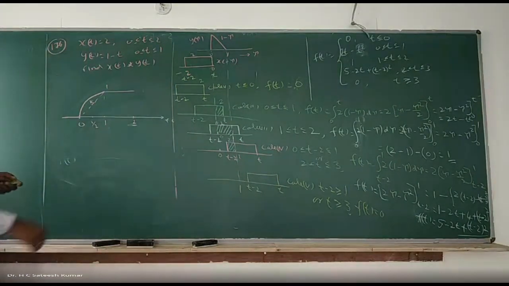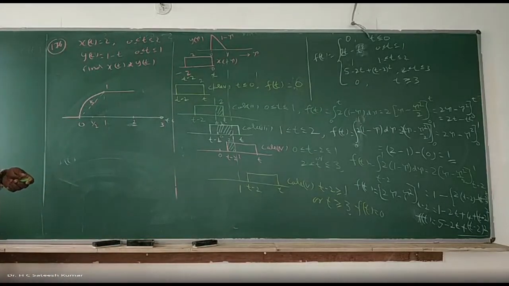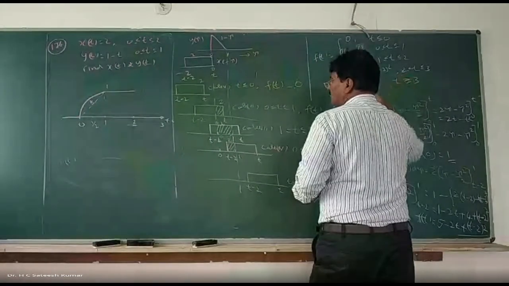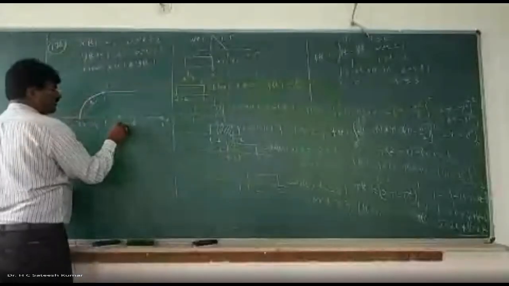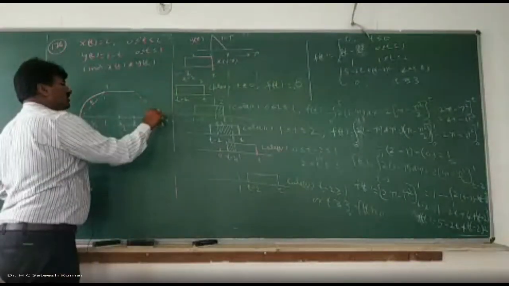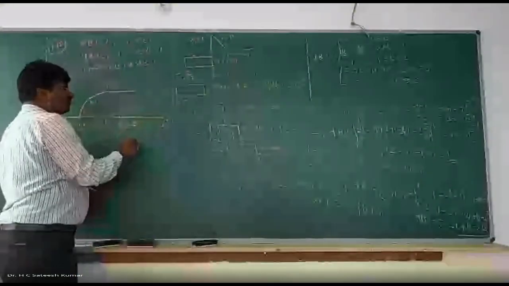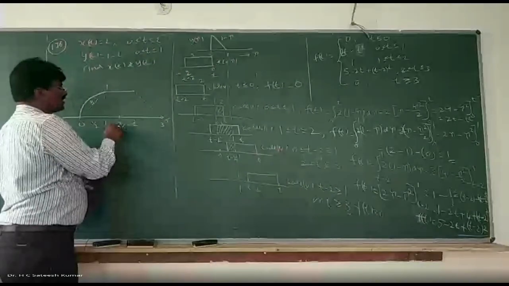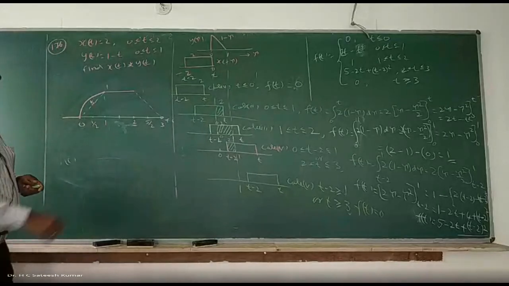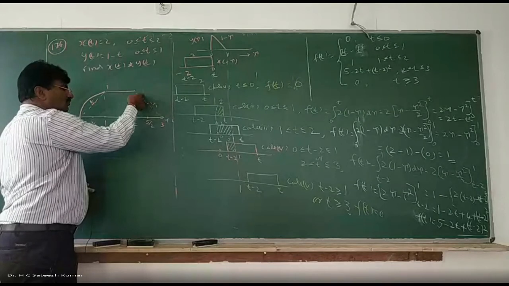Therefore, you are going to get a curve like this. Between 2 to 3, once again a parabola, since t square is there. So check the halfway point, which is 2.5, that is 5 by 2. Most students say that it is also a parabola of this sort, but no, we don't know. You will have to check it out. If it is here, it is 1. At the halfway point it should be half. Above half means it will be this side; below half means it will be this side.